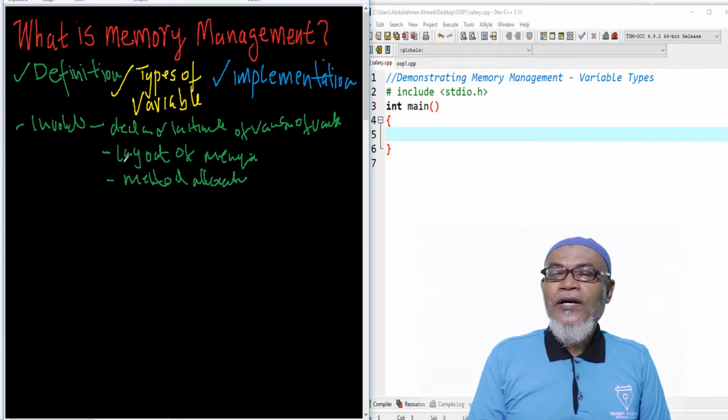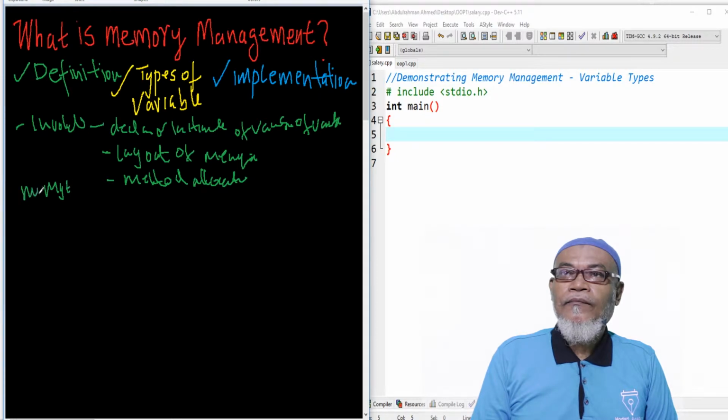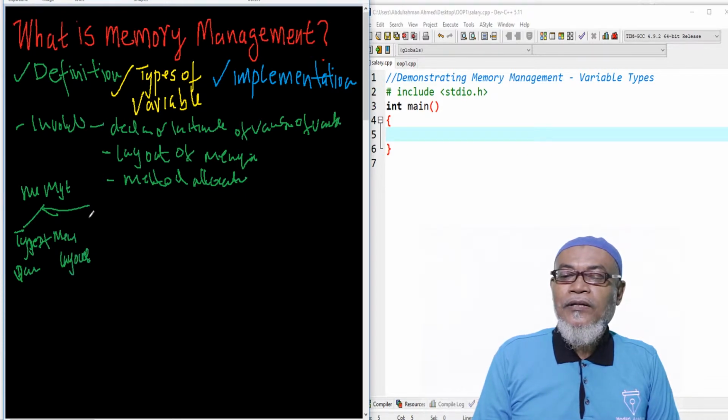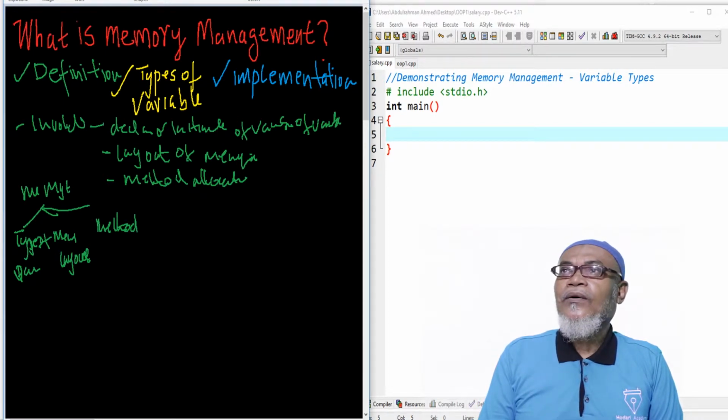Basically we can summarize that when we are talking about memory management, we are talking about three things. These will be types of variables, memory layout, and the third part, memory allocation methods. So let's go to the first one and see how we can expand on it. The types